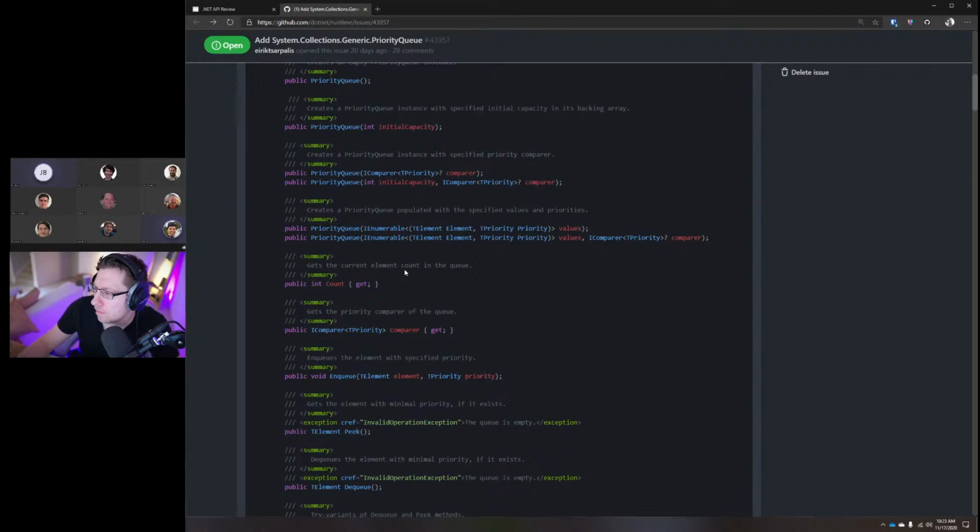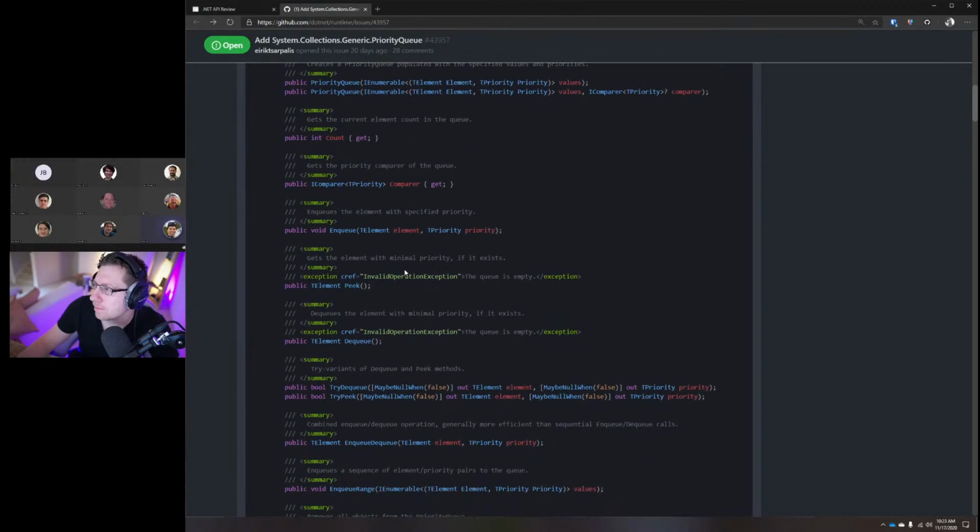Okay. So then you have some obvious public properties, getting the count, getting the comparer that is being used by the queue. I presume nothing too controversial here. Then you have the enqueue operation that, as the name explains, accepts an element and a priority and inserts these values into the heap, which is an O of log n operation.